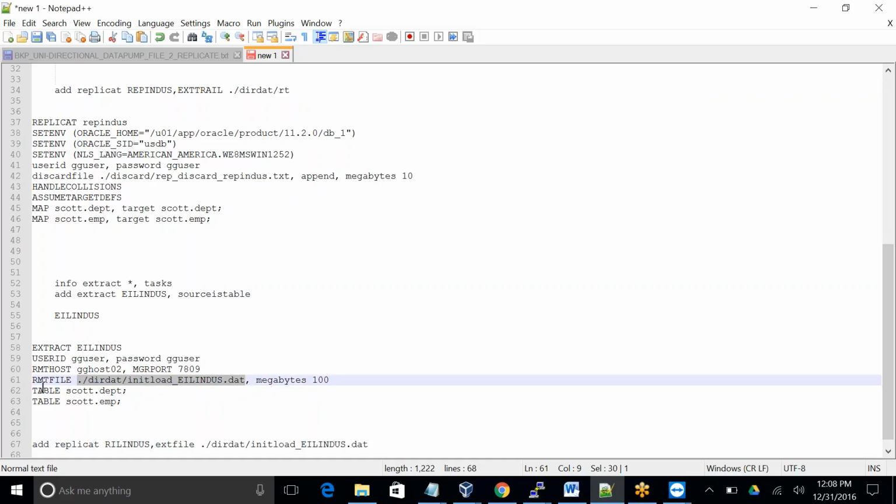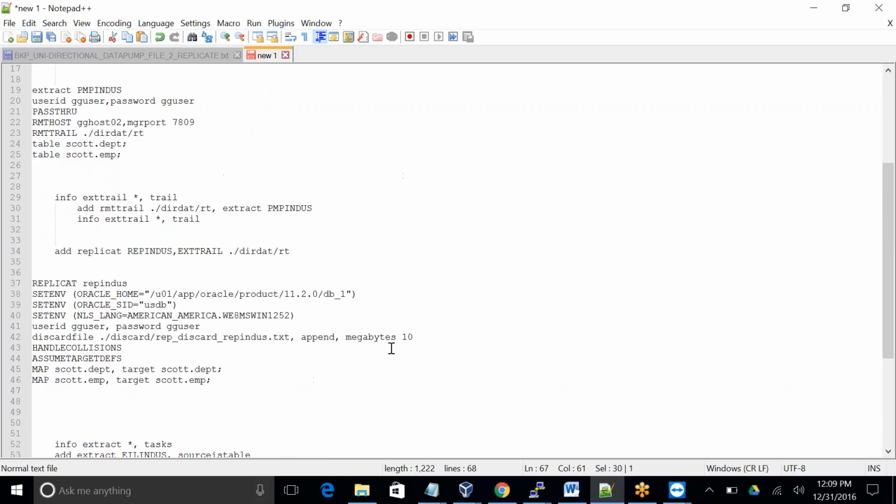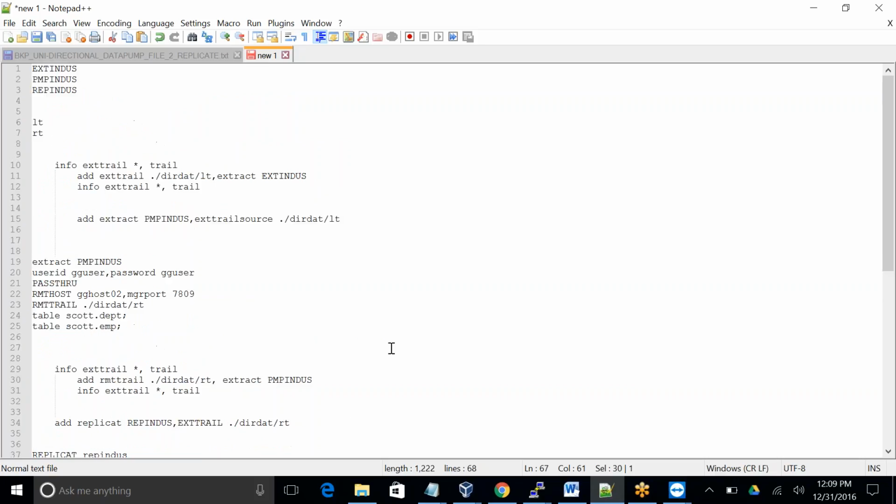Here I configured it as a remote file for the extract which is located in the source machine, and this file is a remote file for that. So that is the reason I created an RMT file over there. And for this replicate, this file is a local file, so I created it as an EXT file. Okay, and if you compare the same thing over here also,